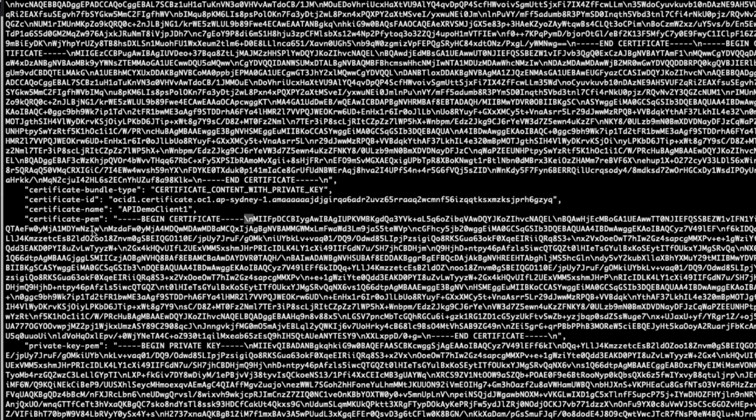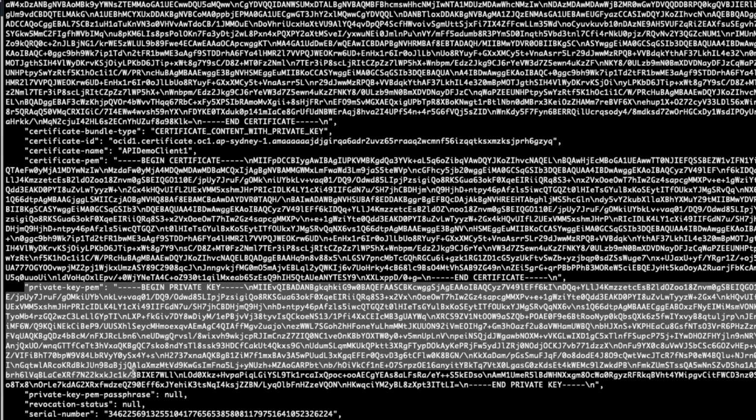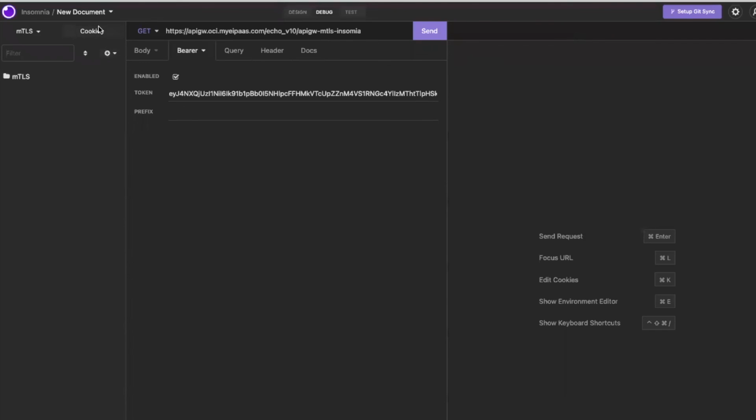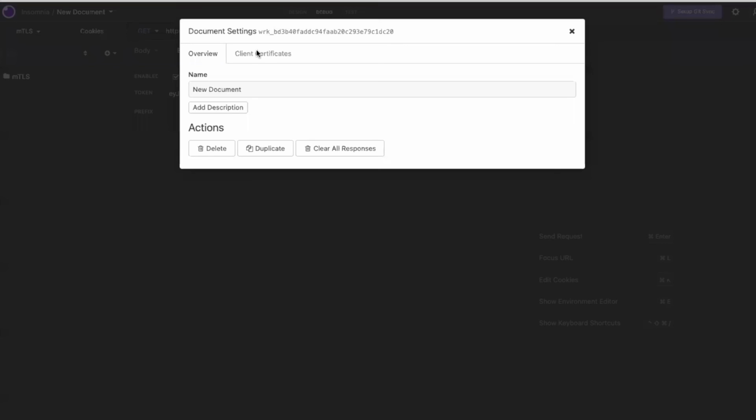So then I can get the private key information from here. So this is how you can get it. I think it's a good idea, because the private key is supposed to be secure, and maybe it's not a good idea showing it from the UI. So that's how you can get the private key anyway. So that's how I provided the client to,